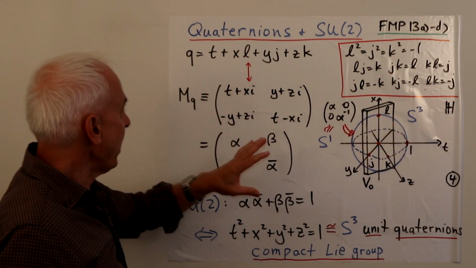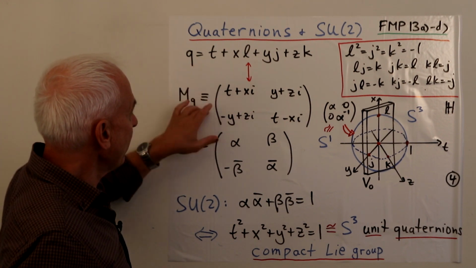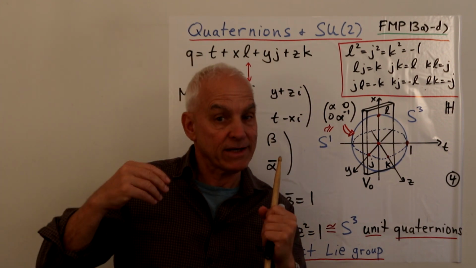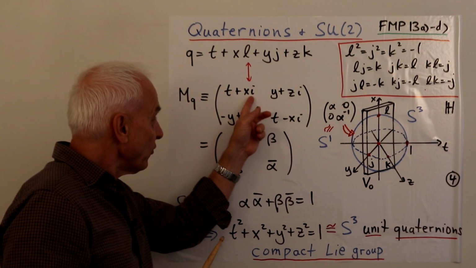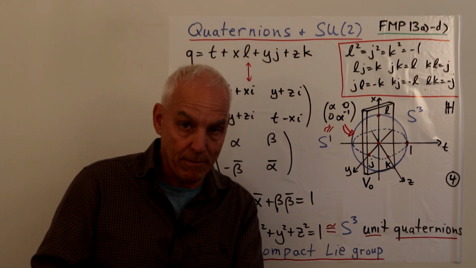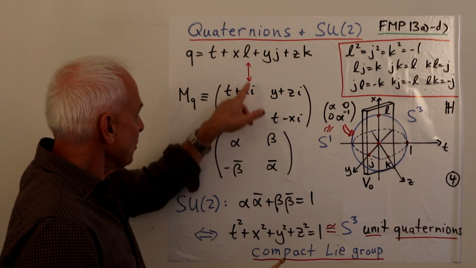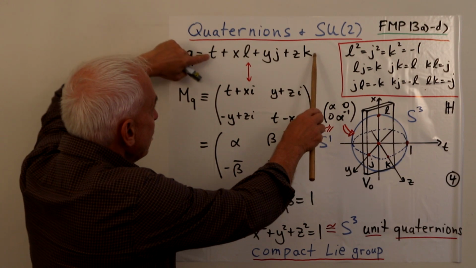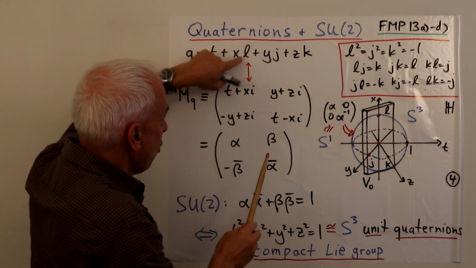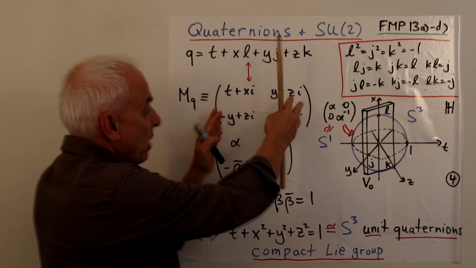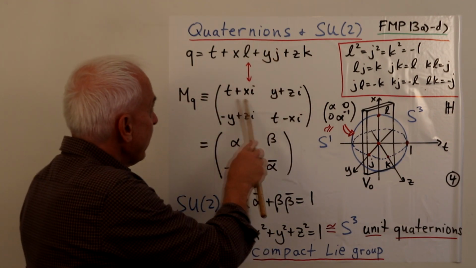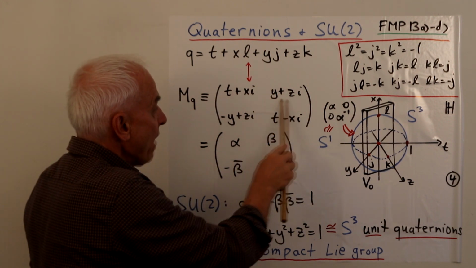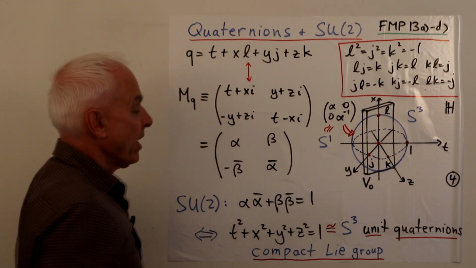The connection with that we can get through this correspondence between this quaternion and this 2x2 matrix. But now it's a 2x2 matrix with complex entries. And so now I'm going to introduce I as the usual I for complex numbers. That's why I don't want to use I up here, because this I is different from any of these other units. So we can identify such a quaternion: we just take the coefficients t, x, y, and z and cook up a 2x2 matrix by having entry t plus xi here and t minus xi here, and y plus zi here and minus y plus zi here.